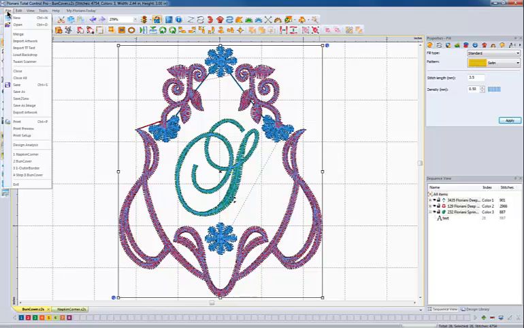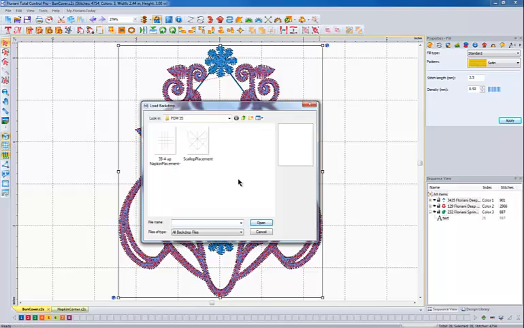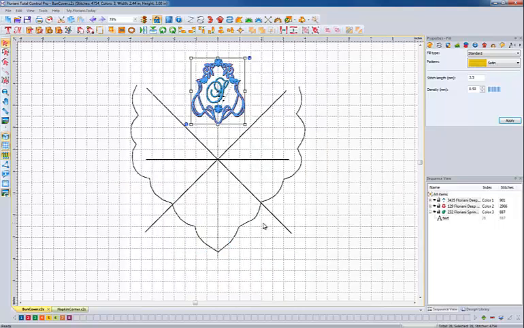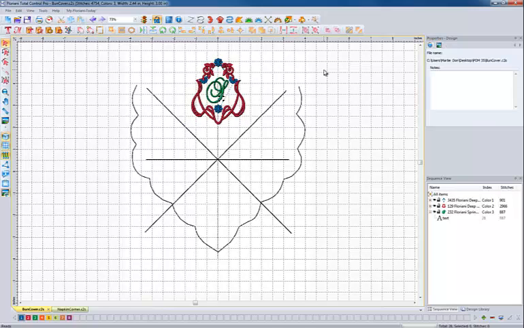because we want to come in once again and do File, Load Backdrop. Our POM 35 folder is going to open up. Let's select the scallop placement and click OK. The scallop placement comes up, and we will eventually be moving our monogram. But before we do, let's left mouse click to deselect it